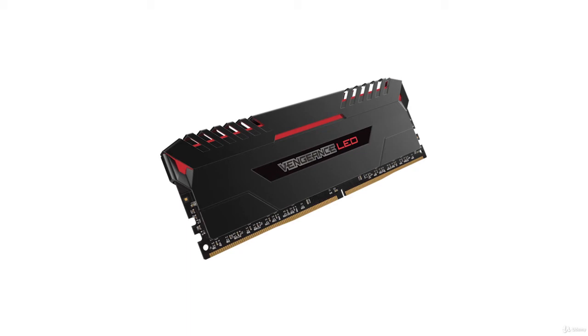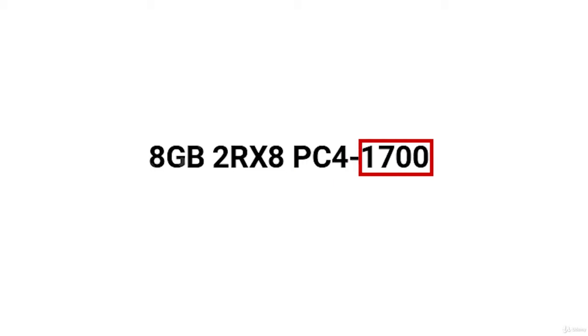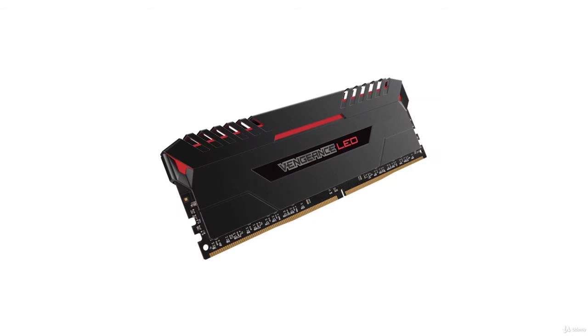DDR4 also supports write cyclic redundancy check, or CRC, to improve system reliability. To recognize the DDR4 RAM memory module, you will see a number 4 after the letter PC, referring to it as PC4, meaning it is a DDR4 module. Also, the number after PC4 is known as the module transfer rate and it is measured in megabytes per second. To calculate this, let's use for example PC4 12800, where the 12800 shows the MTR as 12,800 megabytes